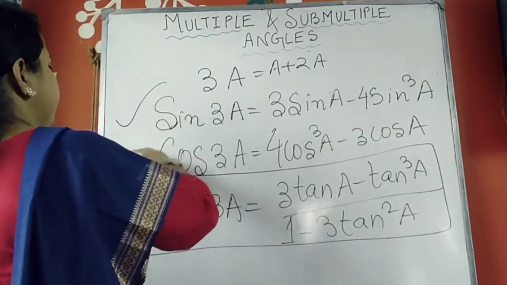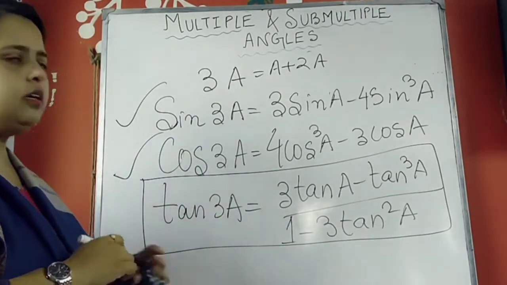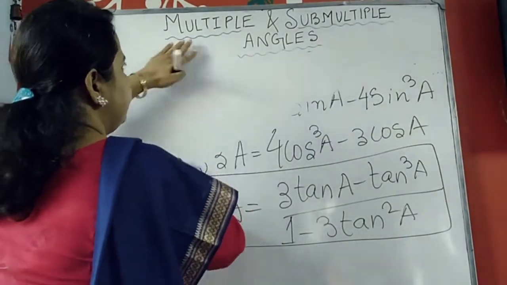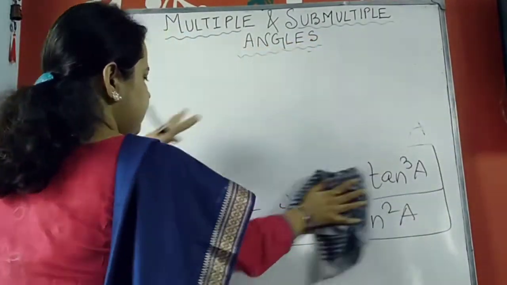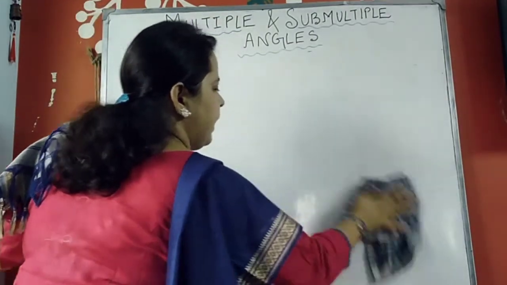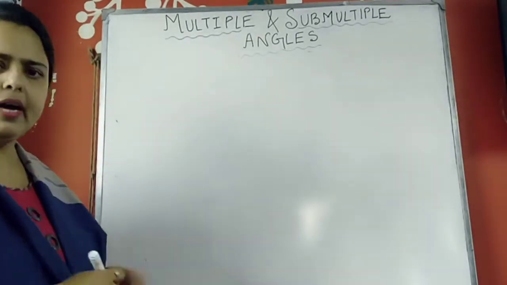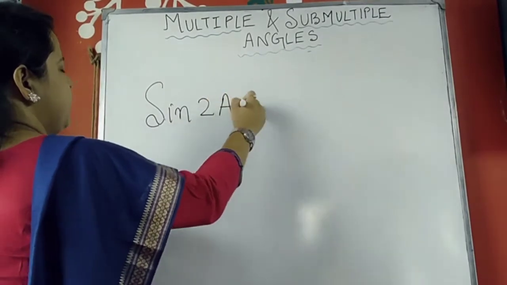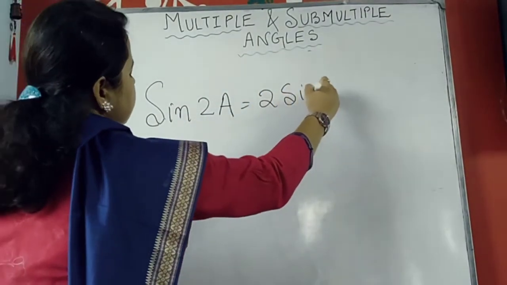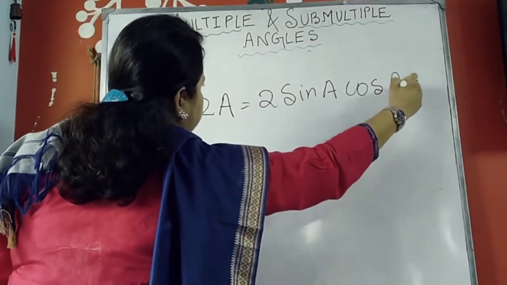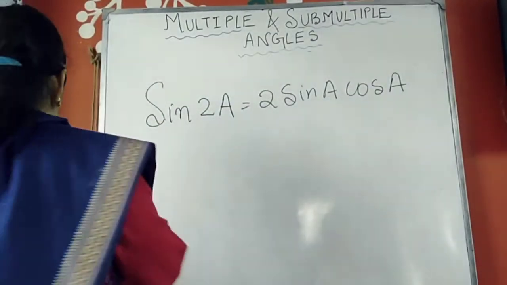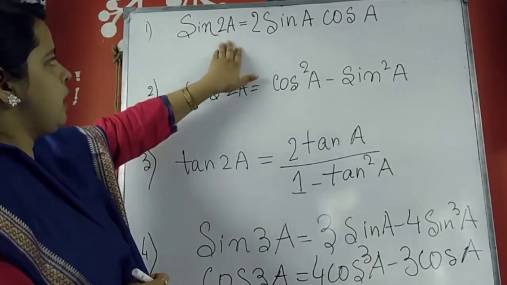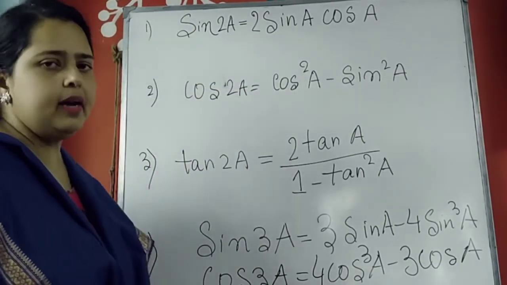So all of them are very important. These are the formulas I have listed here based on the multiple angles, correct. Now I have even given you a topic along with multiple angles, the sub-multiple angles, but I haven't talked about it yet. So let us understand what is the difference. You do not have to remember all of them separately. So what I was talking about is, see the formulas of the multiple angles here.